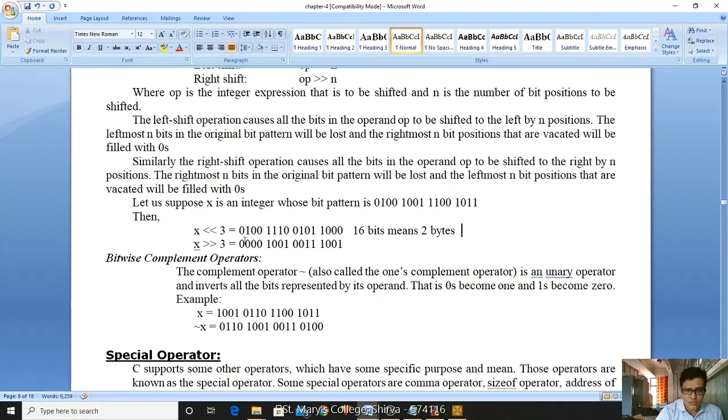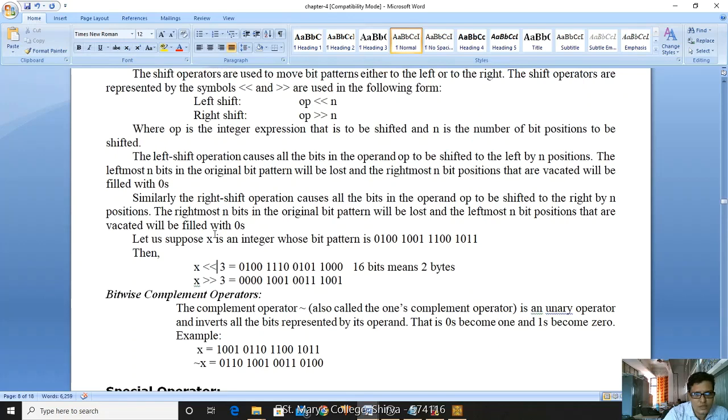Okay, yes, here please observe, I am doing a left shift. Left means this one, right? If I do this left shift, I have to remove these 3 bits from the left-hand side, and we have to add them to the right-hand side. While adding to the right-hand side, all the ones turn into 0.